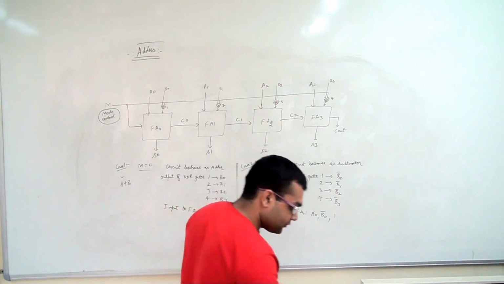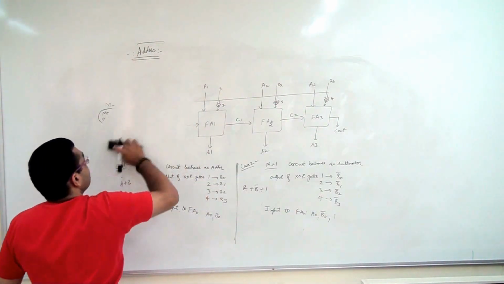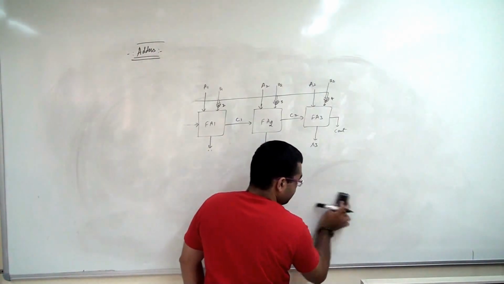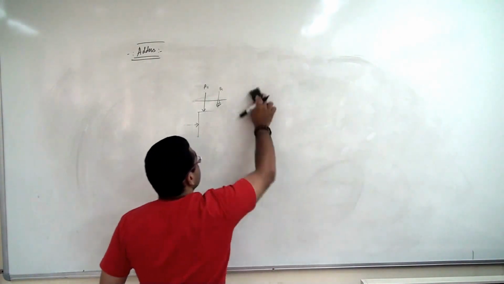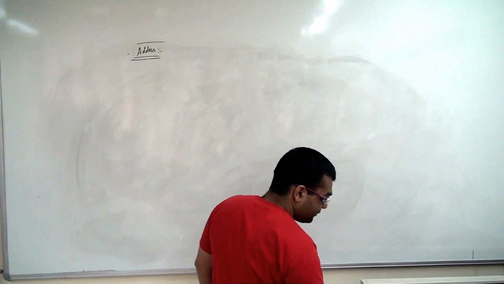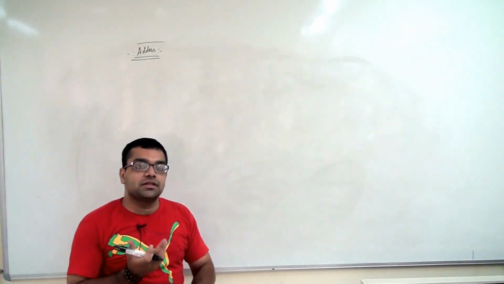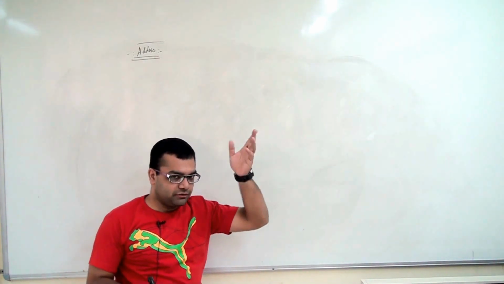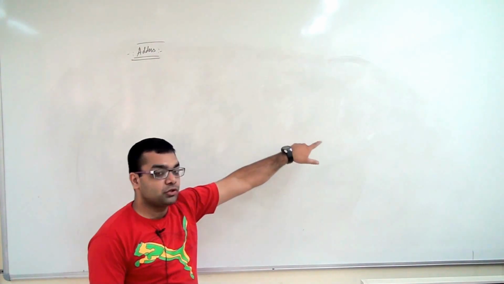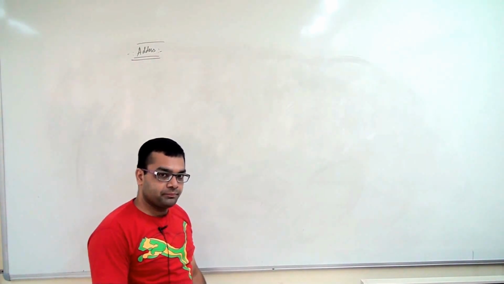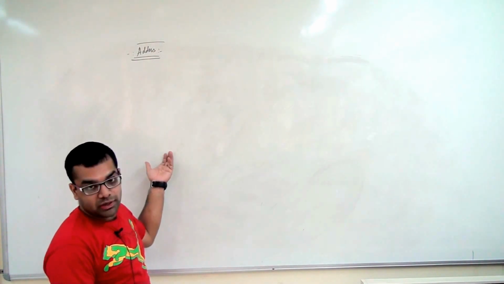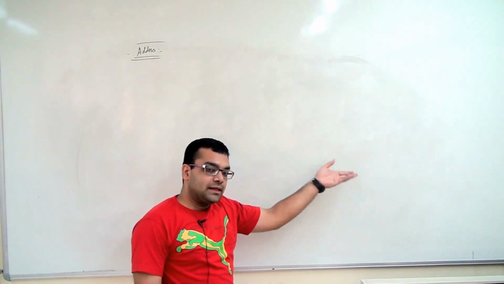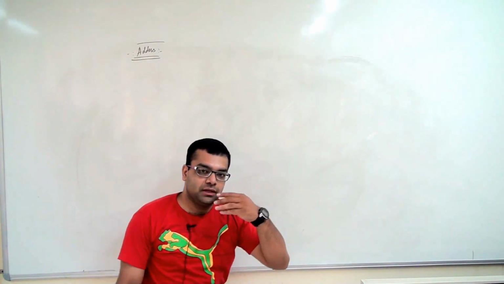Clear? This is how. Now moving on further, our next circuit is what we call the fast adder or the adder with look ahead carry. Now what is actually the problem in the parallel adder? In the parallel adder, the biggest problem is that till the time my carry has not propagated through all the 4 stages, if we talk about 4 bits only, I am not sure of the output, isn't it? If you go back and look at the circuit of the full adder, FA0, FA1, 2, 3, till the time my carry has not propagated to the output, I am not sure of the output of the circuit.